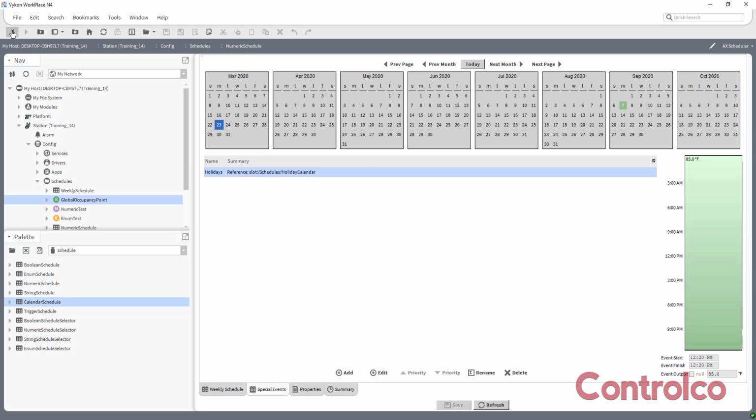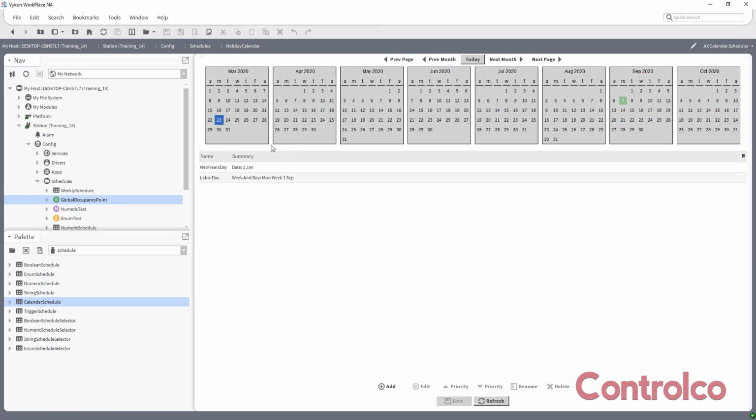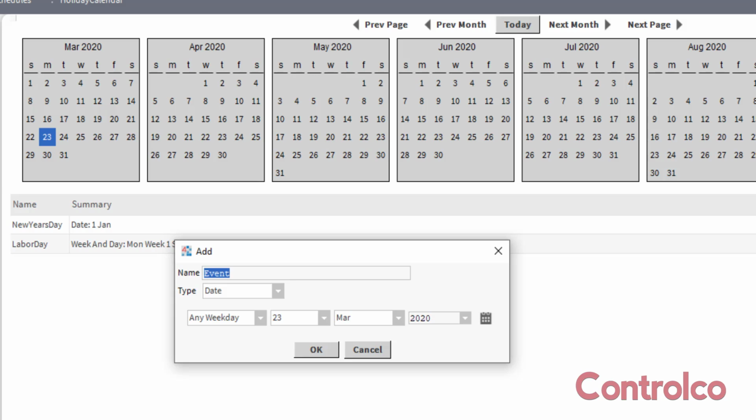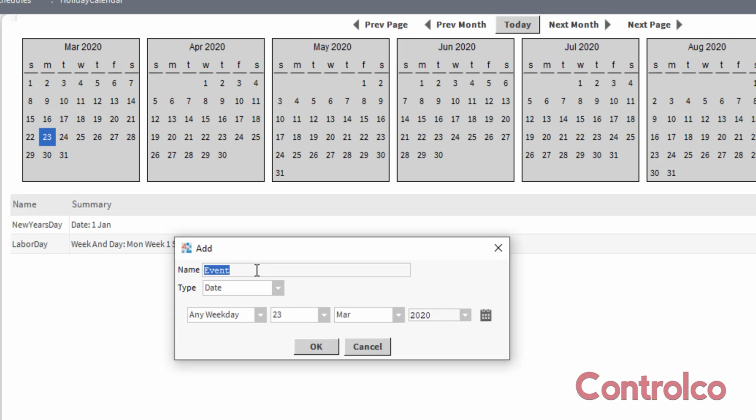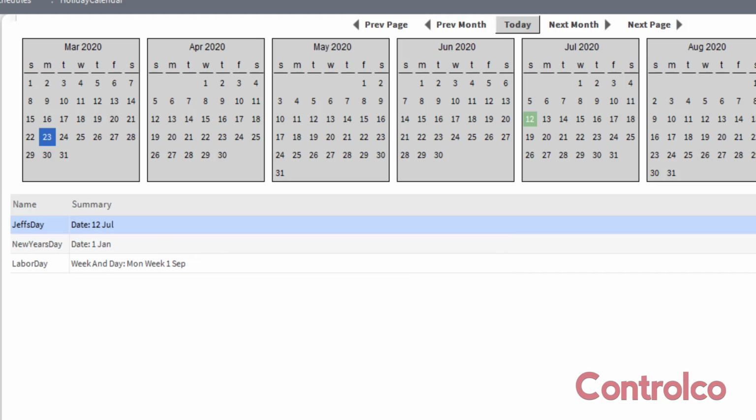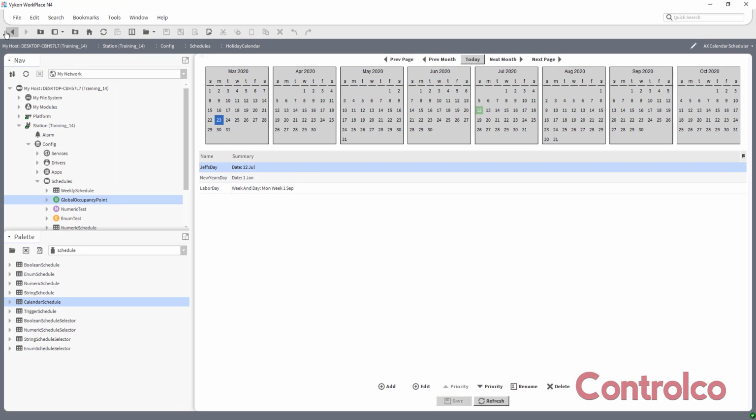Let me go back to my calendar schedule and add something that does not exist in either one of those schedules, just to show you that now this schedule will provide dates, and all I need to do is come in here and add dates. Hit the add button, and I will use my birthday. So that's going to be any weekday on the 12th of July in a year. I'm going to give everybody that day off. Save my calendar schedule, go back,